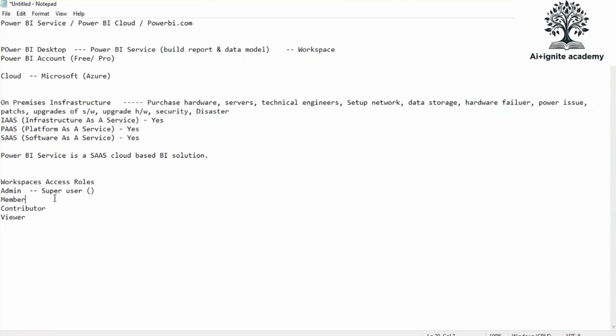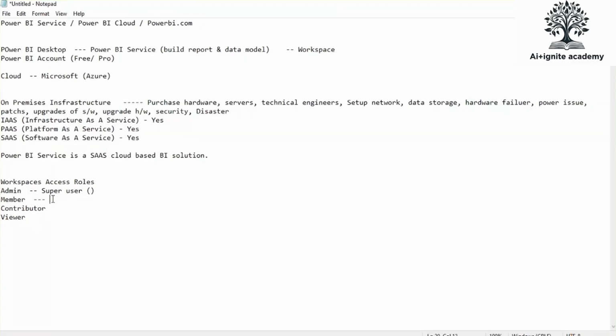Now the second is member. Member has less permission as compared to the admin user. It means a member can share this workspace with other people. But a member cannot delete the workspace, and cannot modify anything in the workspace.